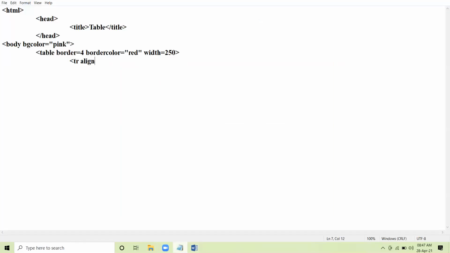tr align equal to center, td row span equal to 3, class BR ninth, and TD closes.